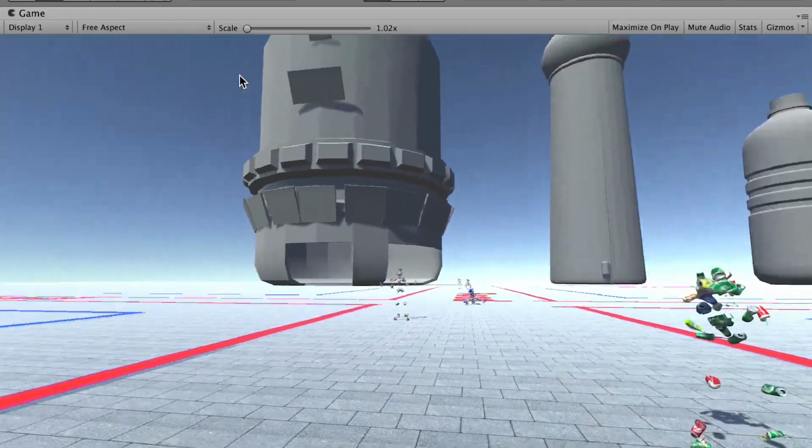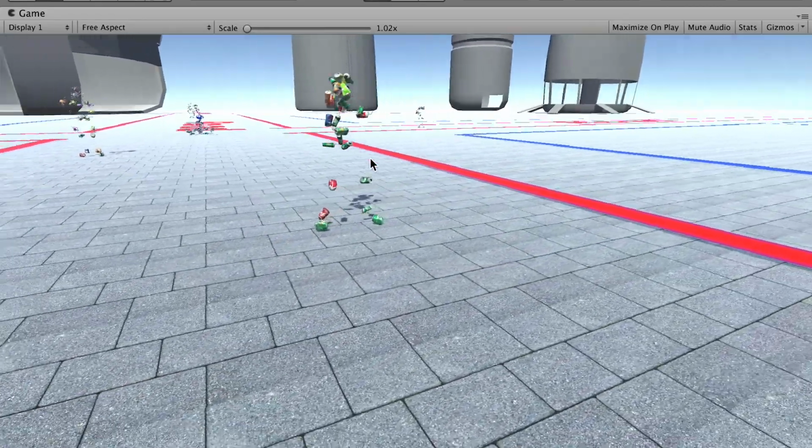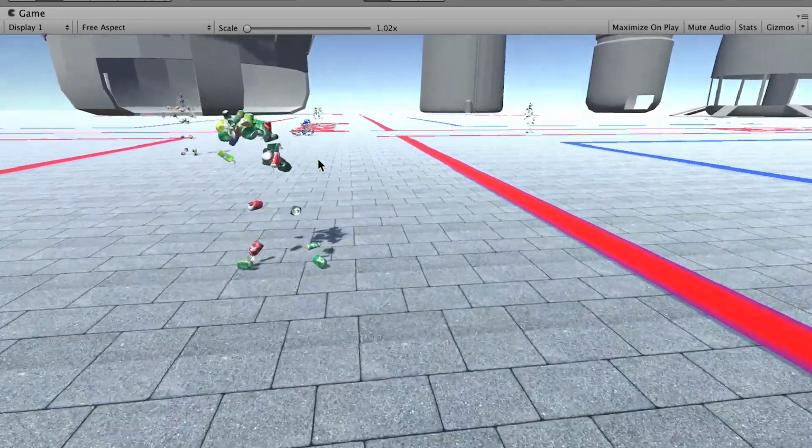This is a demo scene from my personal project, and if I get closer to this trash guy, he